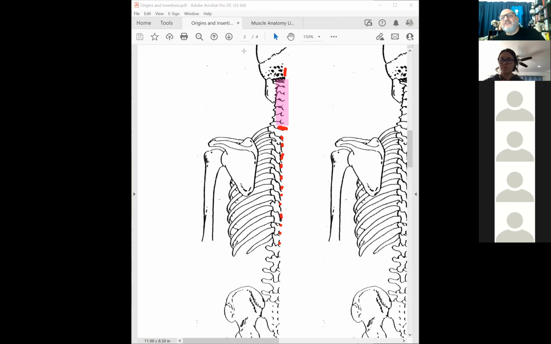But what is its origin? What's its insertion? Along the acromion, the spine of the scapula. So here's the acromion, here's the spine of the scapula. And what else? The clavicle? Yeah, the lateral third of the clavicle. Notice this lateral third of the clavicle is actually on the anterior part. It comes up here onto the anterior part of the body. So that's why we say this is a mostly